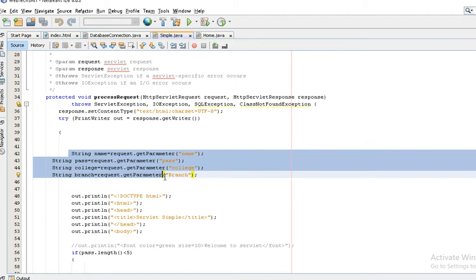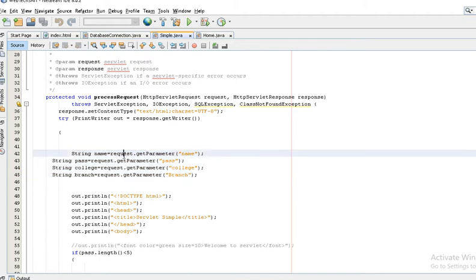We are getting these using methods of the HttpServletRequest interface. This is the object, and this is the method to retrieve the parameter from the index.html page.